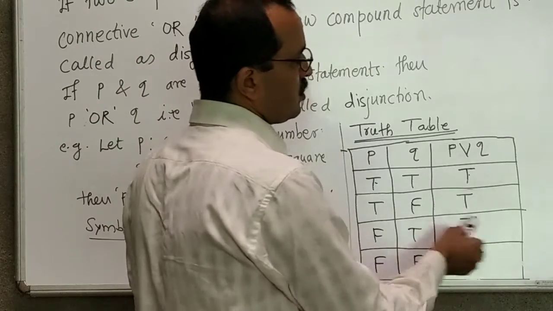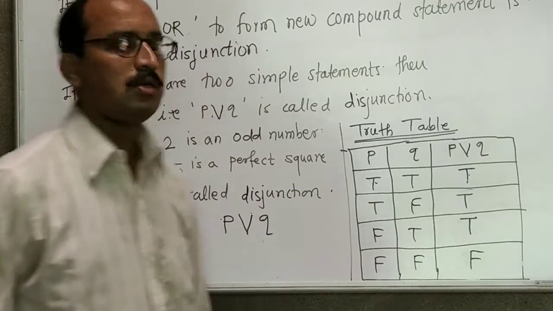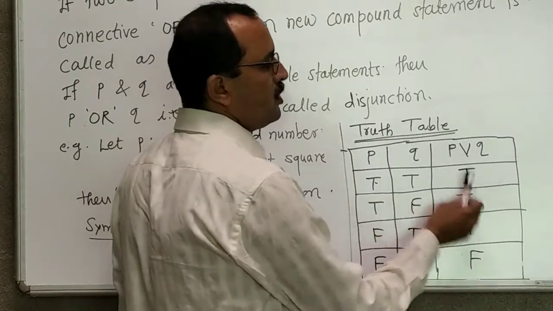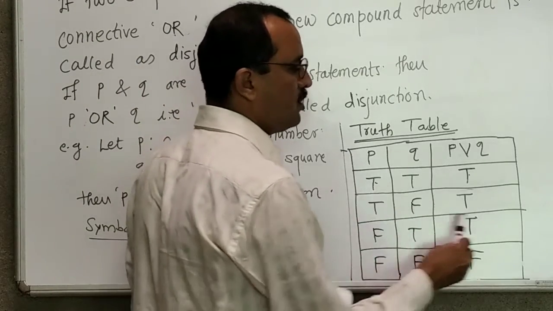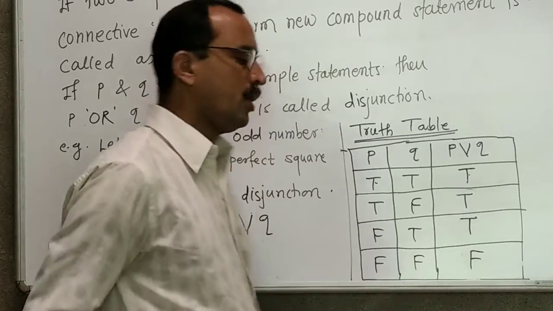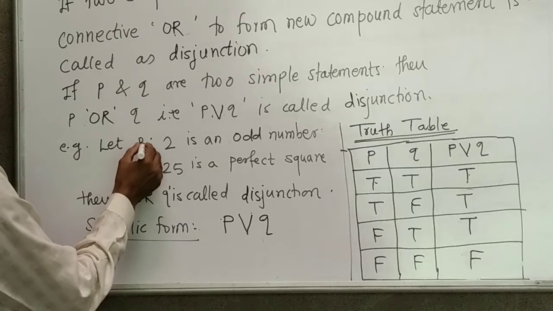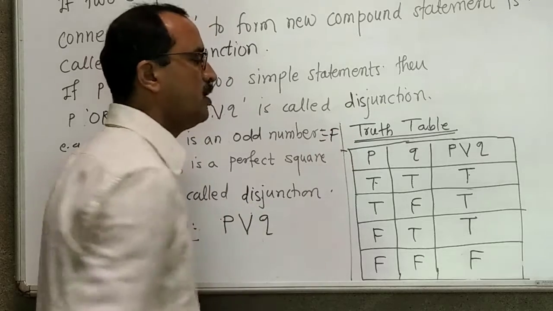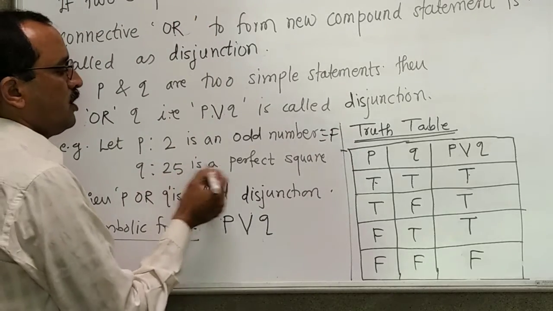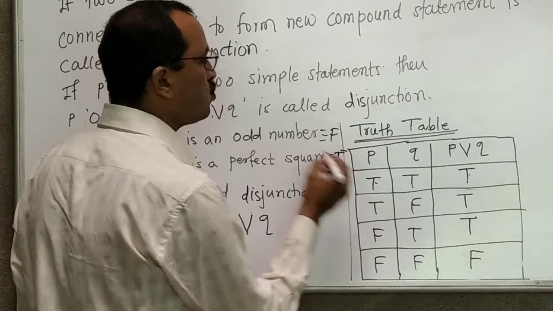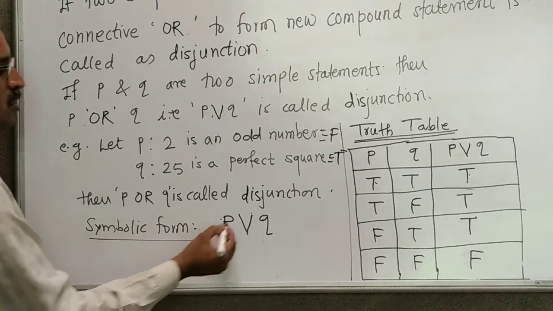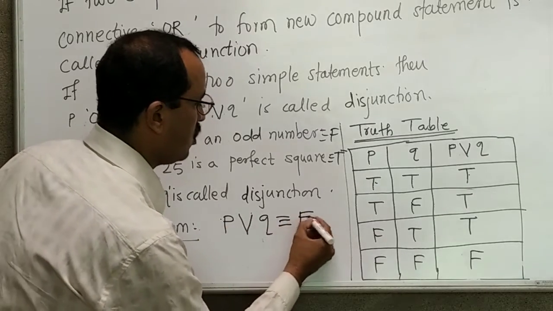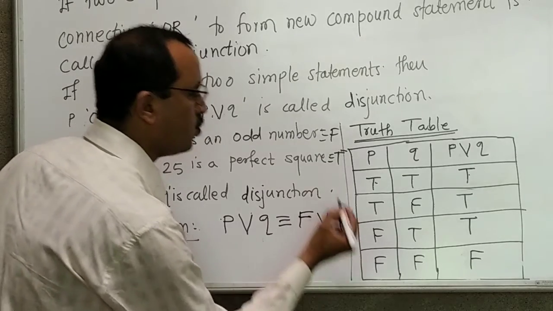In all remaining three cases, the value of the resultant compound statement is true. So I write here TTT, TFT, FTT, FFT. In this case, the first statement, P, is "2 is an odd number", which is a false statement. Q is "25 is a perfect square", which is a true statement, and the symbolic form is